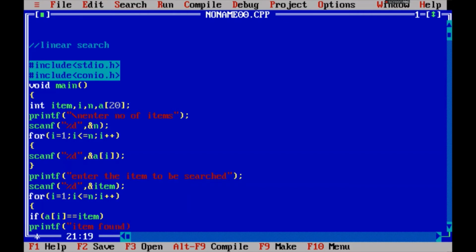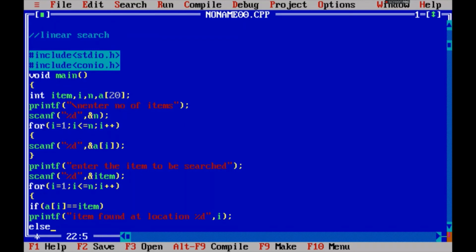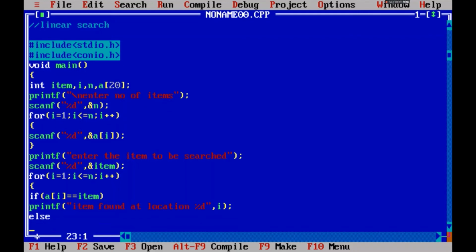item found at location %d, i. else continue.